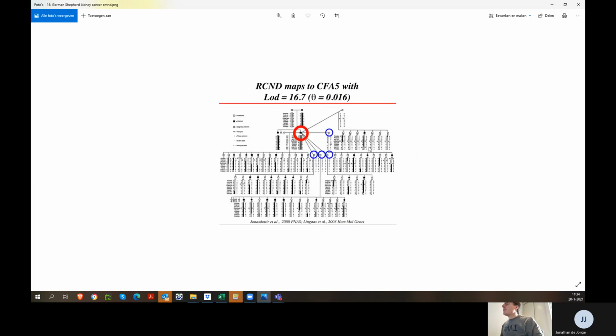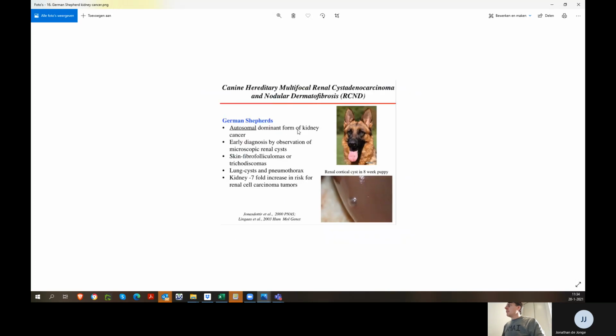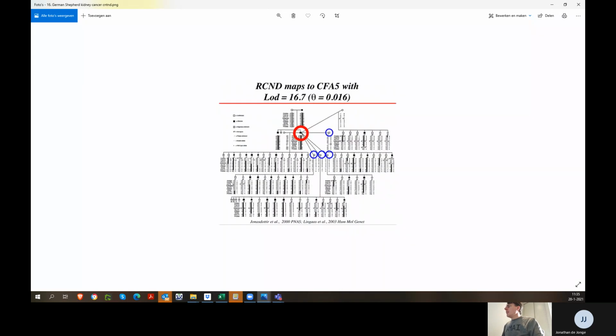Here you see an example of the German Shepherd breed. Let's start here. If you have a German Shepherd, you have an autosomal dominant form of kidney cancer. You have to observe it in an early phase, otherwise you will be in big trouble and you cannot do anything anymore. You see that they have pedigrees, and they could work through the pedigree, and then found out that this dog, this limited pedigree that you see here,